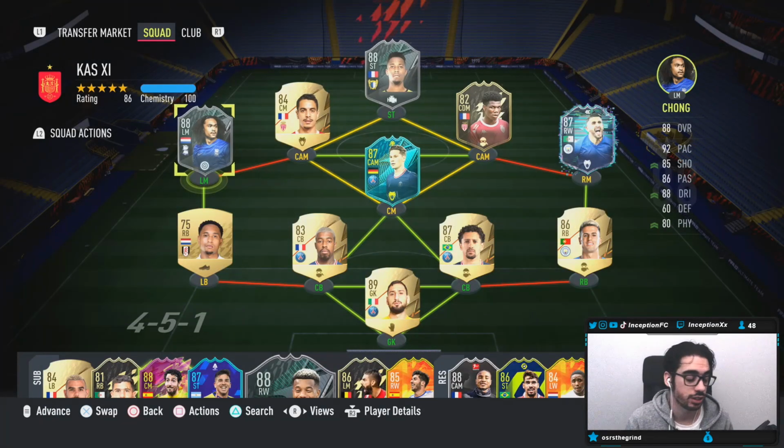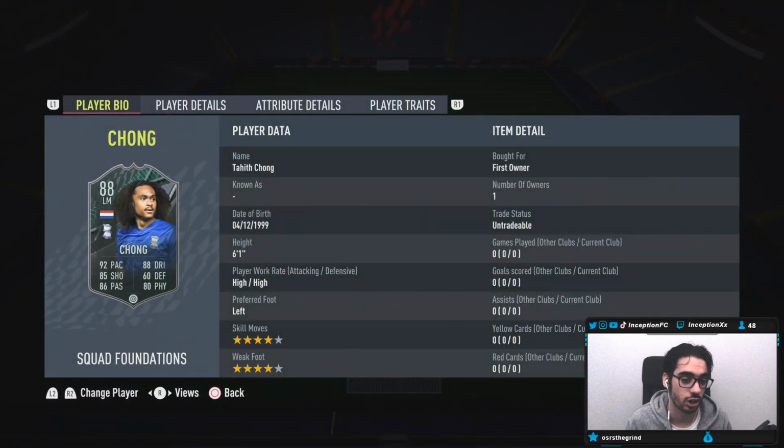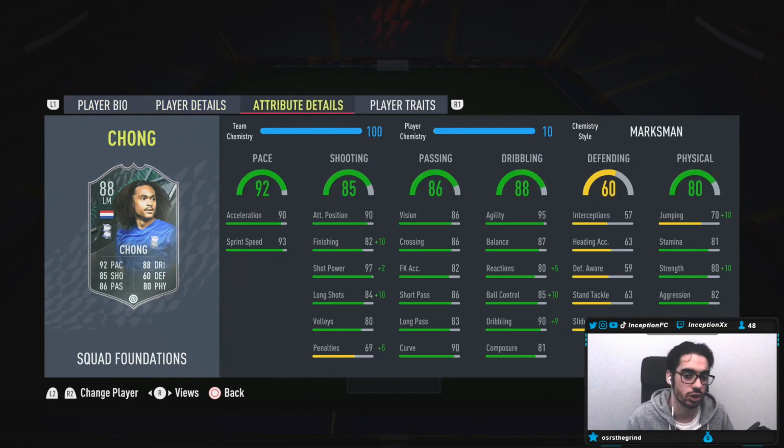But for today, we have the Chong SBC to review. We're taking a look at a card who is 6'1", high work rates, left-footed, 4-star skills, 4-star weak foot. So immediately, right off the bat, this is a card that I would mainly use in the left mid position 100%, because of the height that he's working with and because of the base card stats that he's working with when it comes to dribbling. But I do want to see what his attacking AI is like, whether or not I would actually use him